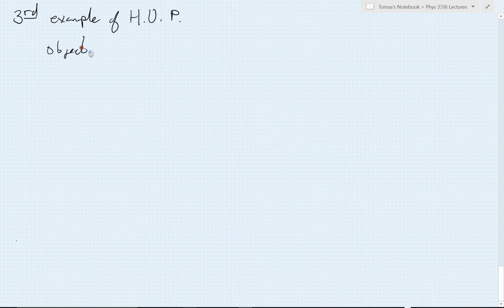Now, even the single slit diffraction demonstration for the Heisenberg uncertainty principle, one could raise objections to. So we're going to try a very quick third example that I think will help remove some of those possible objections. So a possible objection to the slit experiment